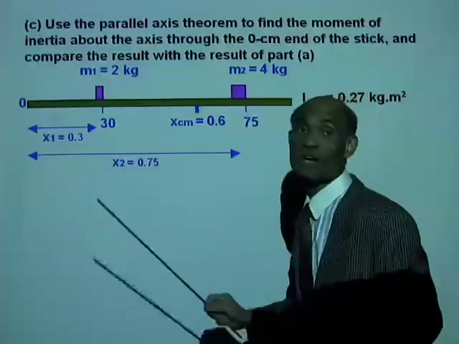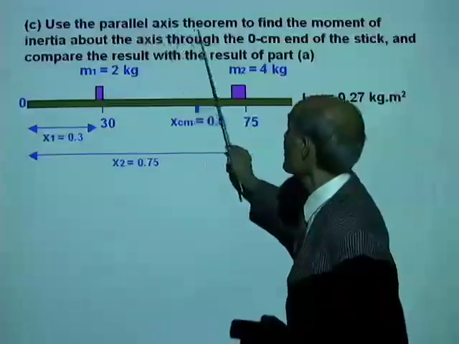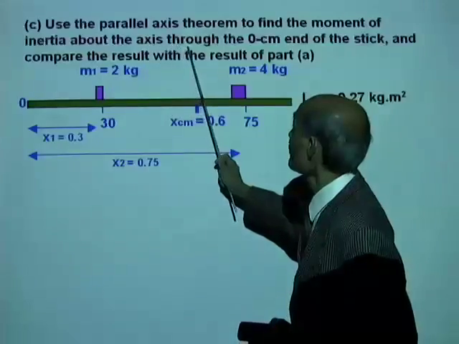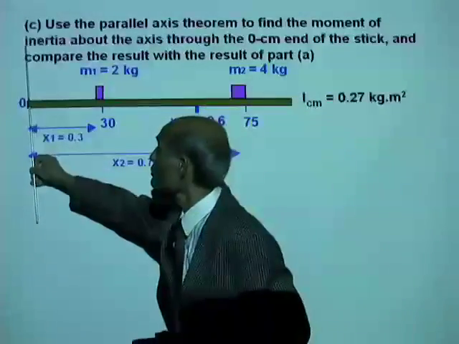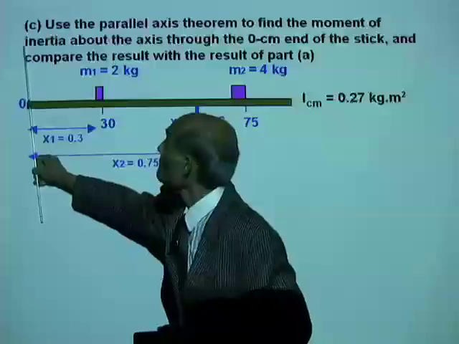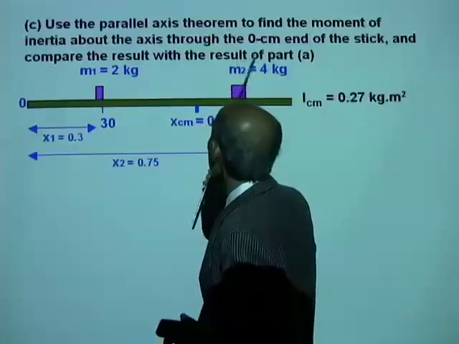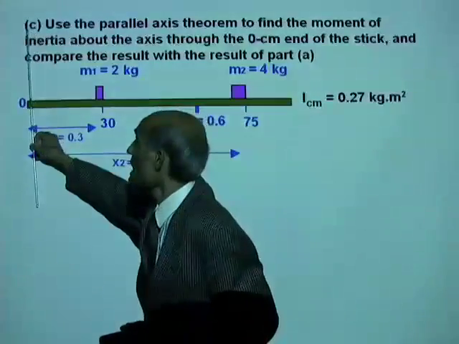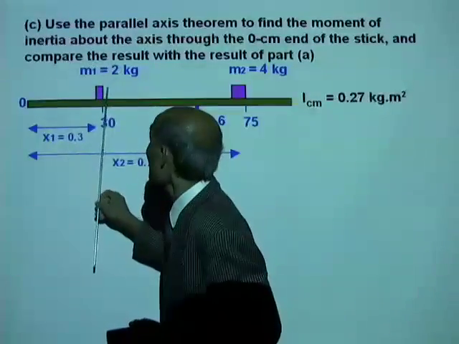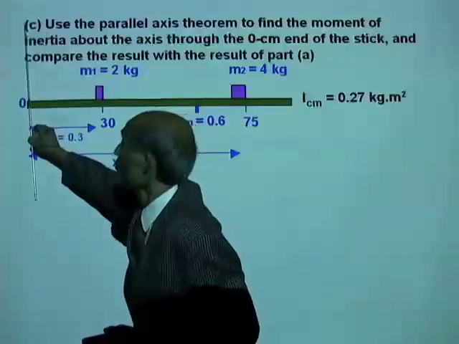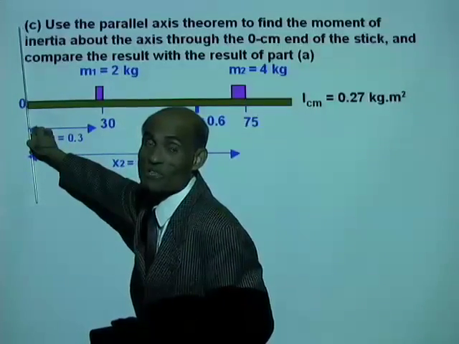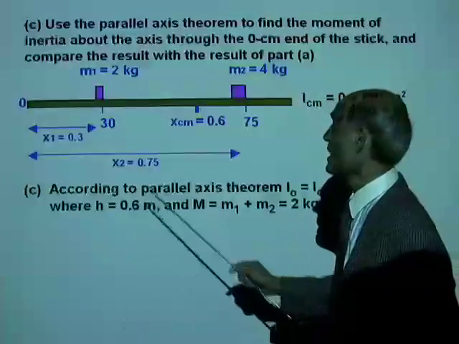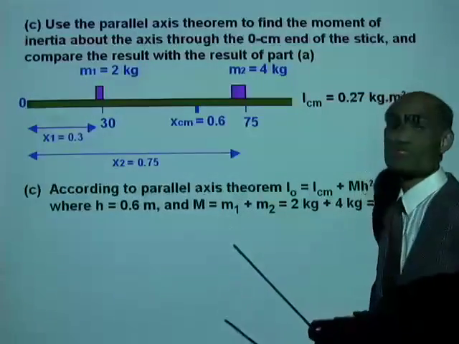Okay, now the third part is use the parallel axis theorem to find the moment of inertia about the axis passing through the 0 centimeter mark and compare the result with the result in part A. Now, we need to find the moment of inertia of these two objects about this axis using the parallel axis theorem. Now, according to the parallel axis theorem,